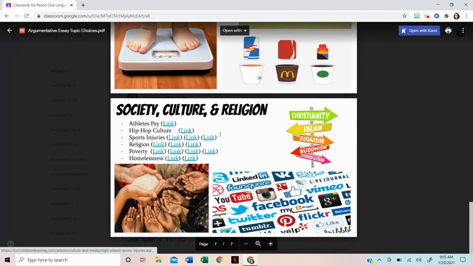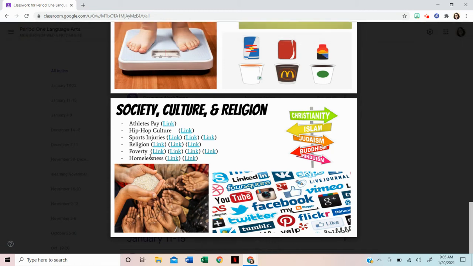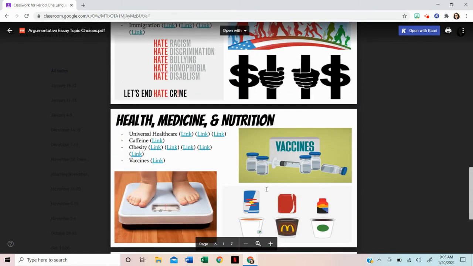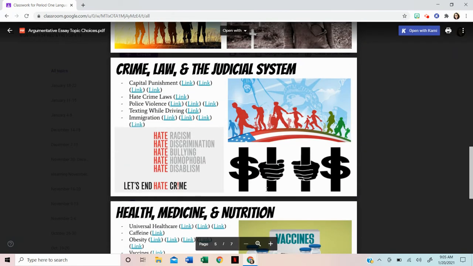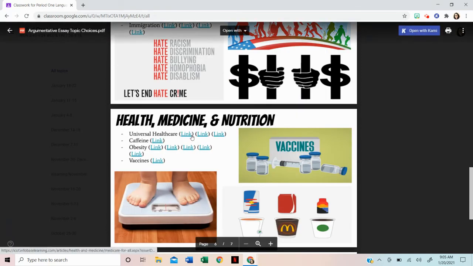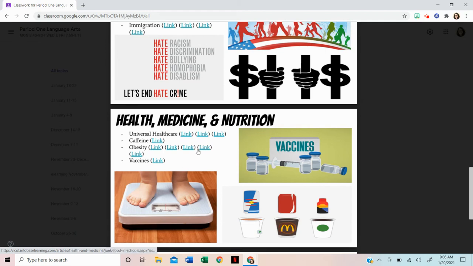Then within those categories, of course, are very specific topics. That is what you would write your paper over. Okay, so I'm going to pick, let's do caffeine. So these are all little blue things that say links. Those are all hyperlinks. So when you guys click on those, it's going to open up our issues and controversies